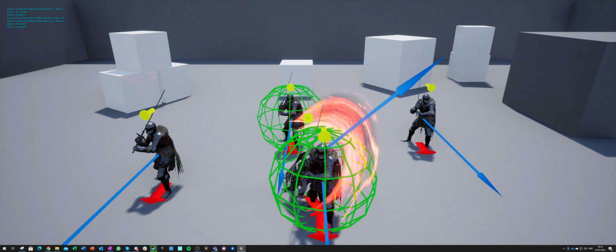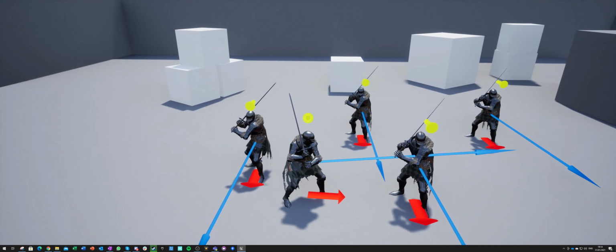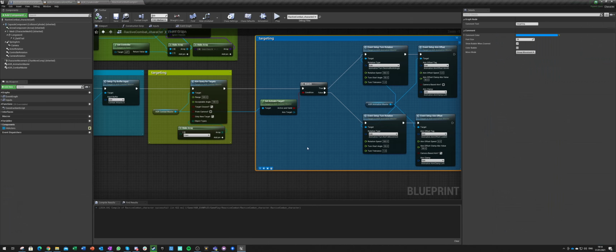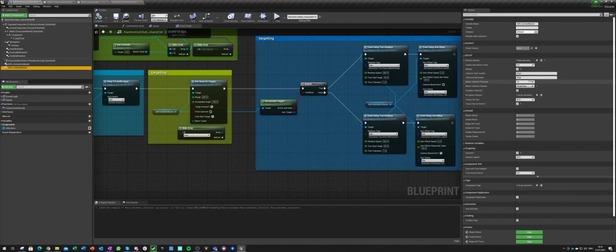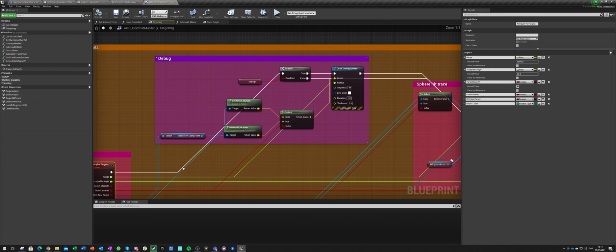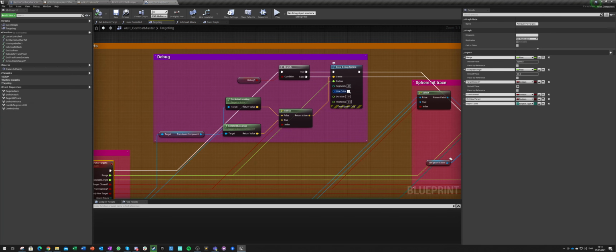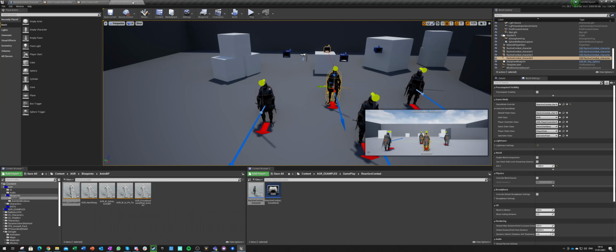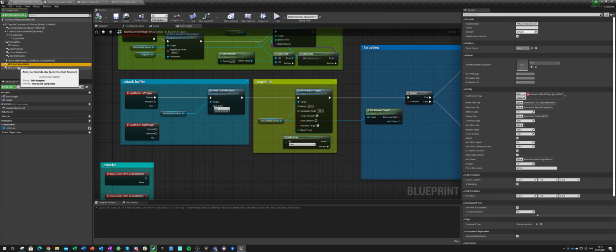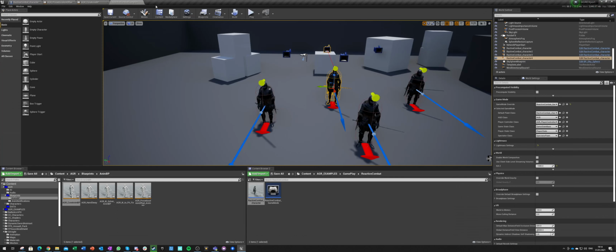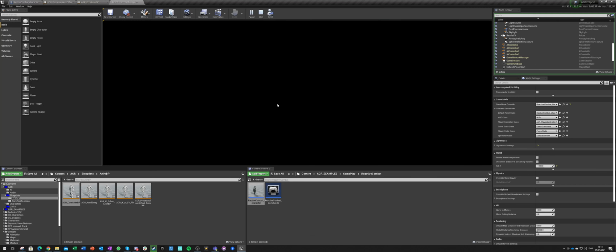Why is it throwing debugs? Okay, go combat. I mean events, this one. Why are you drawing this debug? If debug is true, debug is not true. Oh, okay, I turned off debug on animation, not on combat, but that explains a lot. Now it's turned off on combat, and let's see it again.